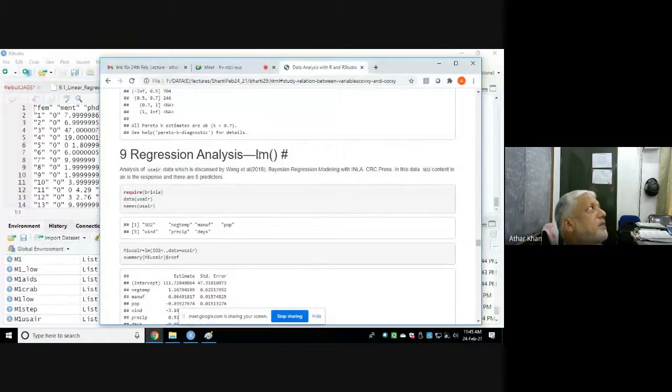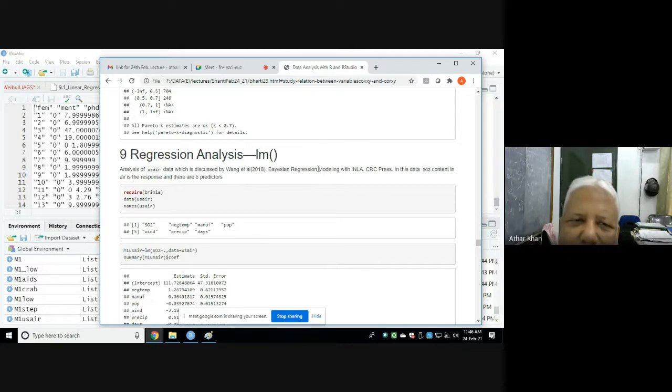Then regression analysis with LM, the linear model, analysis of US air data, which is discussed by Wang et al., 2018. The name of the book is Bayesian Regression Modeling with INLA, published by CRC Press.